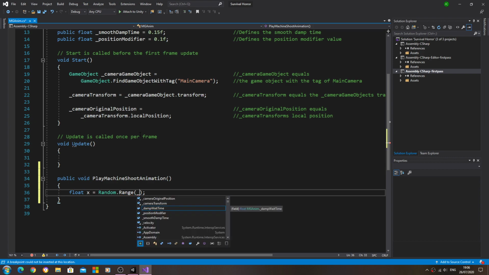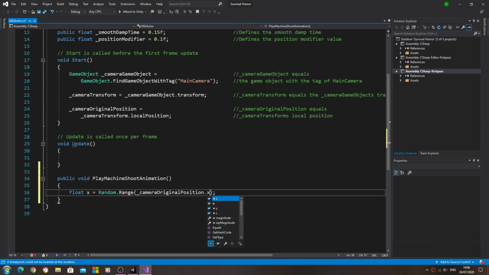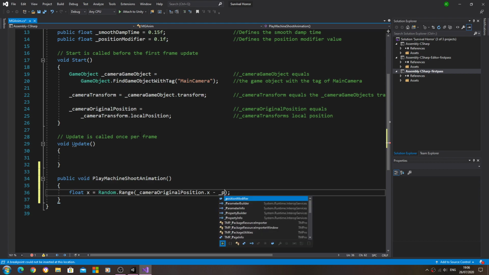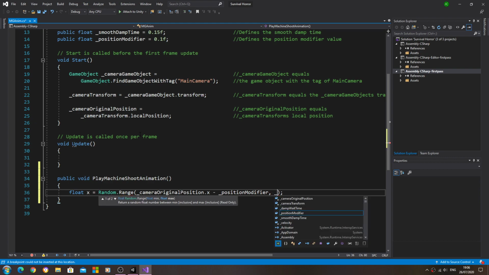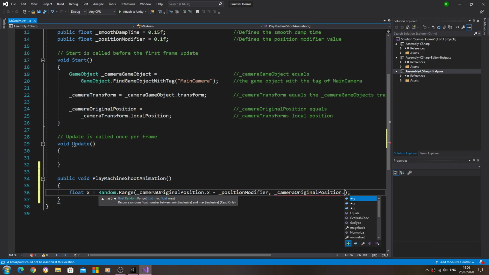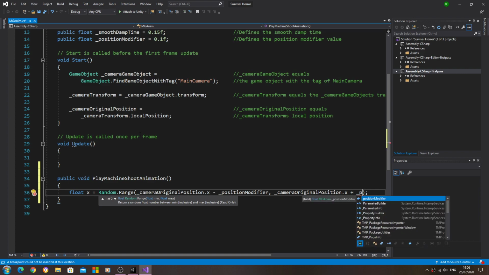Inside the brackets we're going to say camera original position dot x minus the position modifier, comma, and again camera original position dot x, but this time we're going to say plus the position modifier,